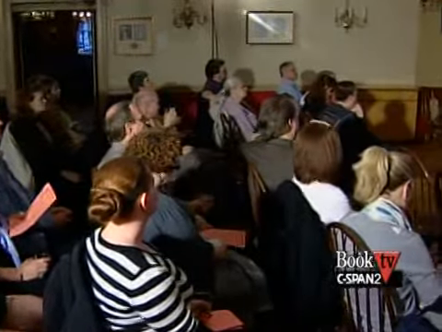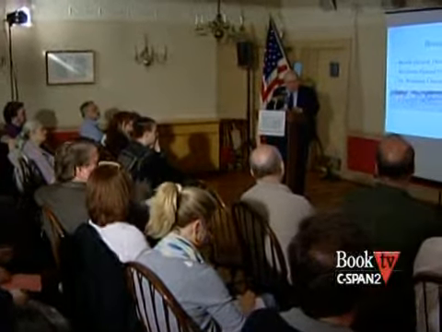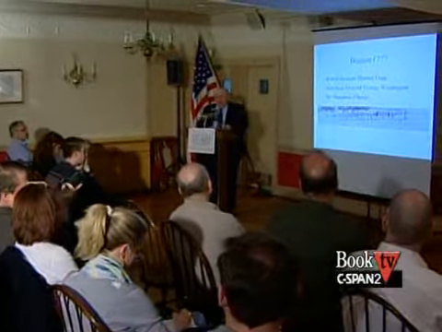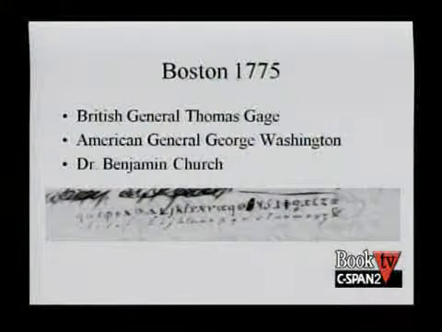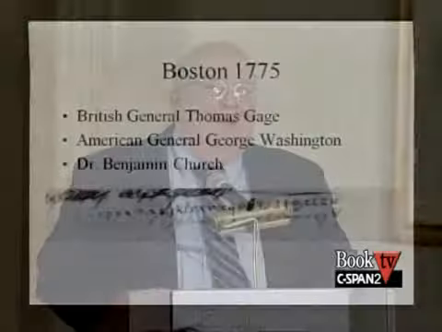What you see at the bottom of the screen, got to point it the right way, right here, is an actual decoded handwritten message. That's the cipher key of his that was intercepted. How it was intercepted is he wasn't able to send his mail directly into Boston. It had to go down to Providence, down to Newport. So what he did is he sent his mistress, who was a prostitute in Boston, down to Newport to one of her former clients to get the message to the British captain of the vessel.